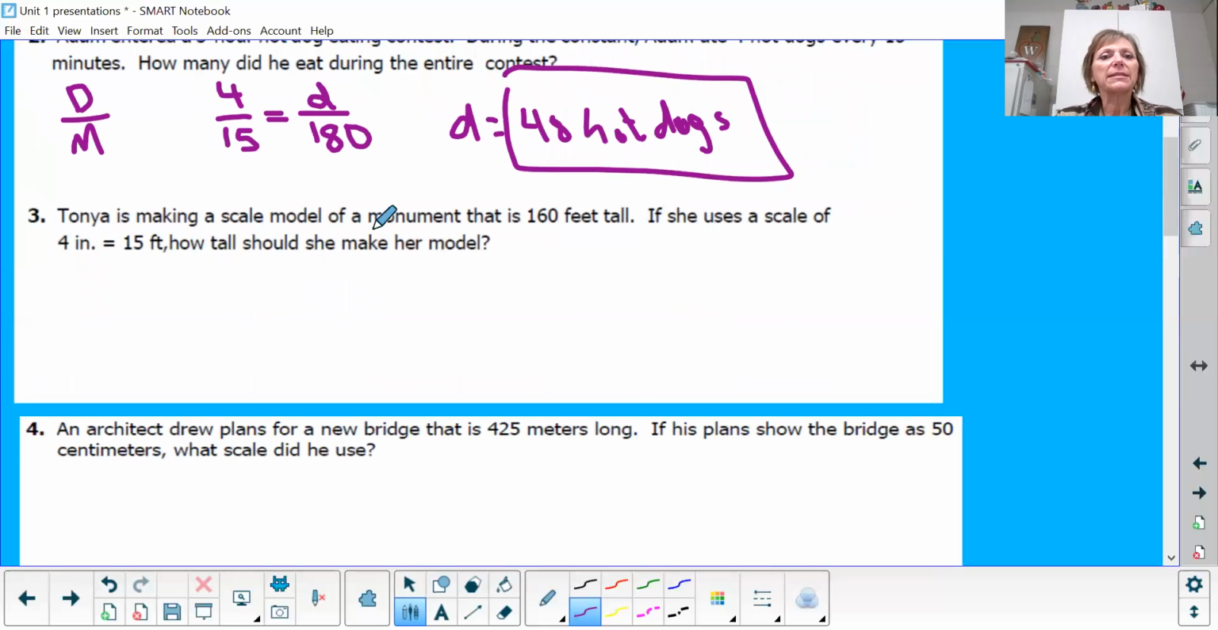Okay, Tanya is making a scale model of a monument that is 160 feet tall. If she uses a scale of 4 inches to 15 feet, how tall should she make her model? Okay, so again, I see these two together. 4 over 15 equals, okay, inches over feet. So over here, I'm going to look at the word behind 160, and I know it's going to be on the bottom because it says feet. So pretty easy problem, and I'm looking for inches. Little letter i, again, you can use x,